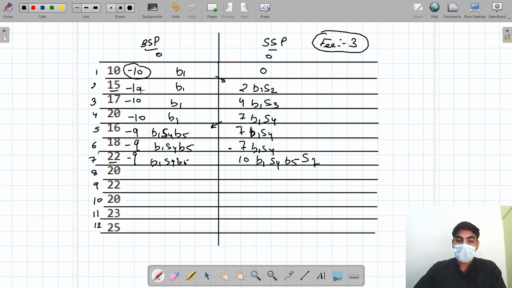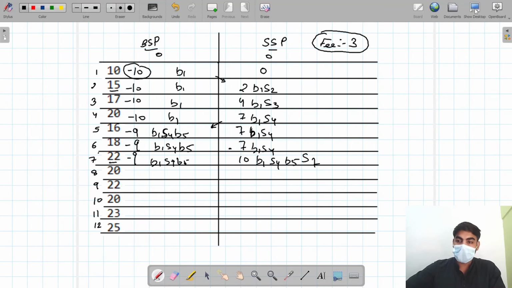So we are taking older as it is. Here the condition is changed. New one gives us more profit as compared to older, so we are taking the new one here. But in the selling state, 7 is maximum compared to the 3 which we get by buying at the 4th day, selling at the 5th day, and paying a 3 rupee fee. So we get 3, which is less than 7, so we are taking 7 here. So that's all about our approach.